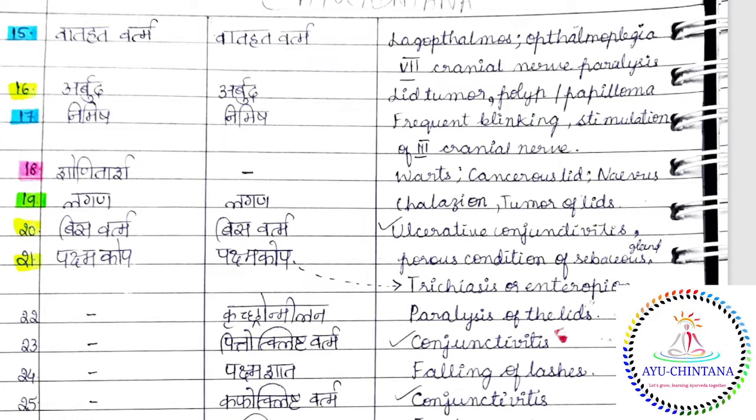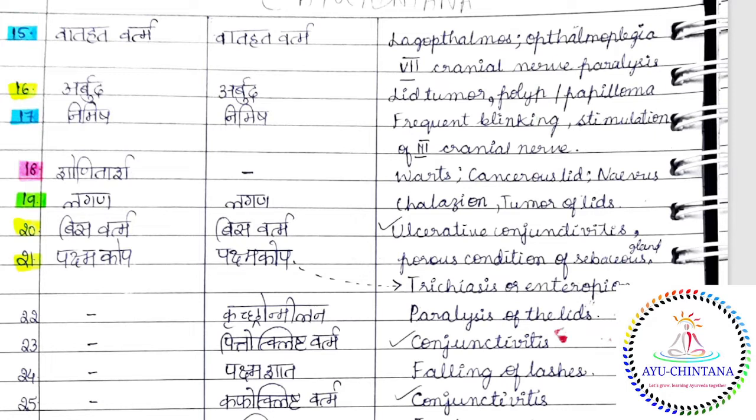Now I'll tell you about the doshas in these rogas. What is the first thing we do in any Netragata roga that is given? First we will know the name, then we will know the dosha predominance. So what is the dosha predominance in Arbuda? It cannot be just one dosha, right? It is a complicated stage, so remember it as Sannipataja. We have also marked it in yellow, so you'll know it. Arbuda is a Sannipataja Vyadhi.